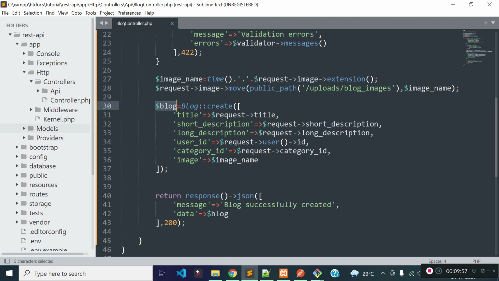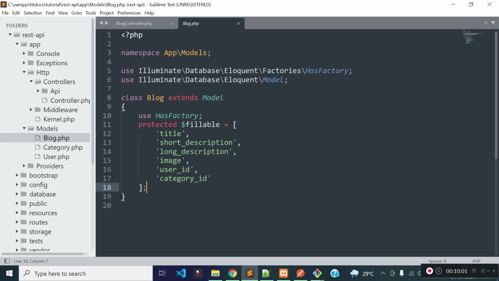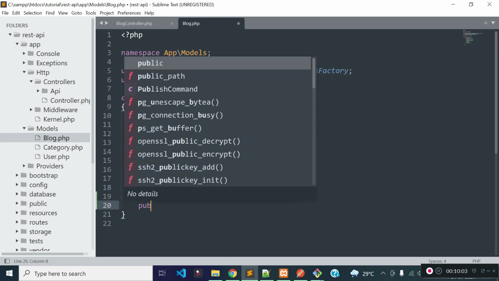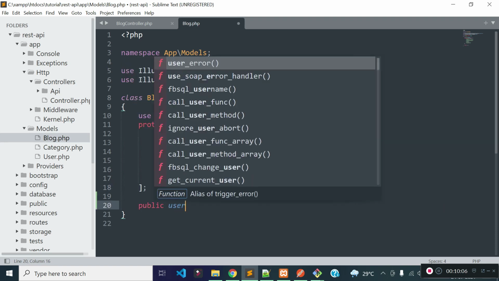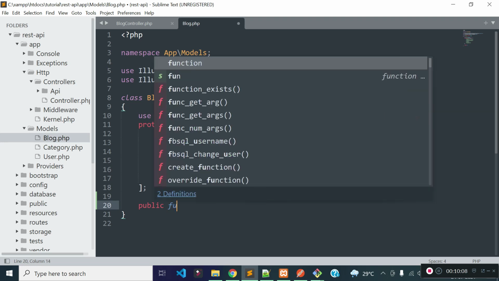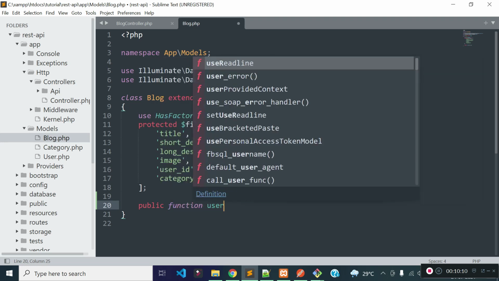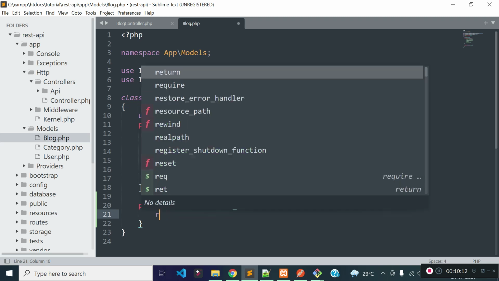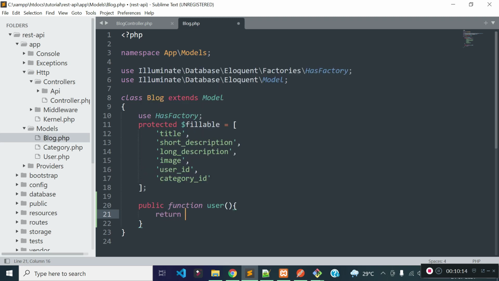So for that we need to create a relationship inside our blog model. So let's open our blog model and then let's create user relationship inside our blog model. So I'll return a belongs to relationship from this user method.